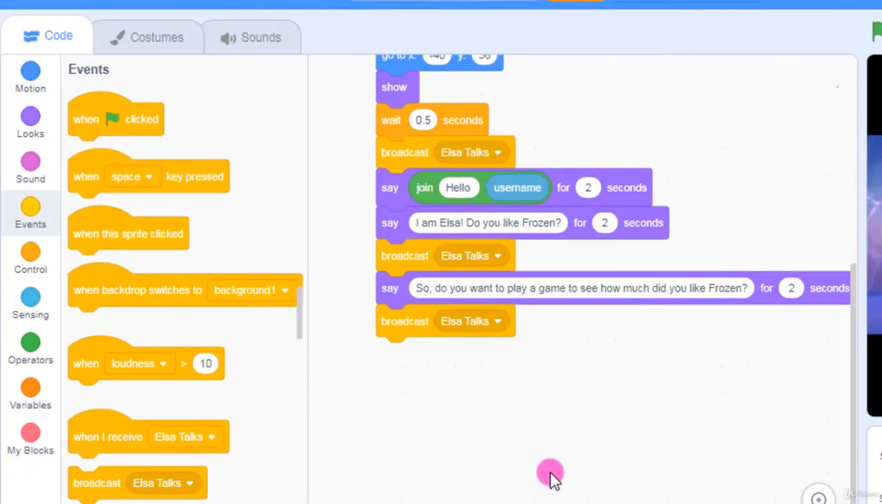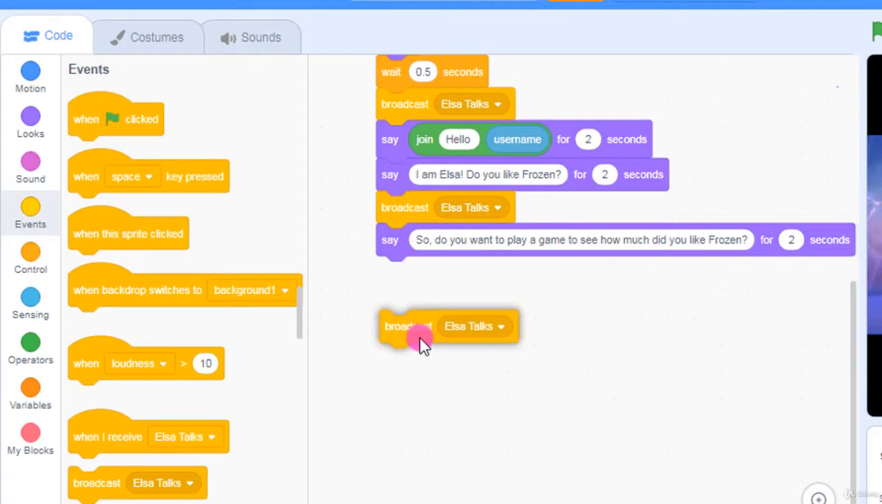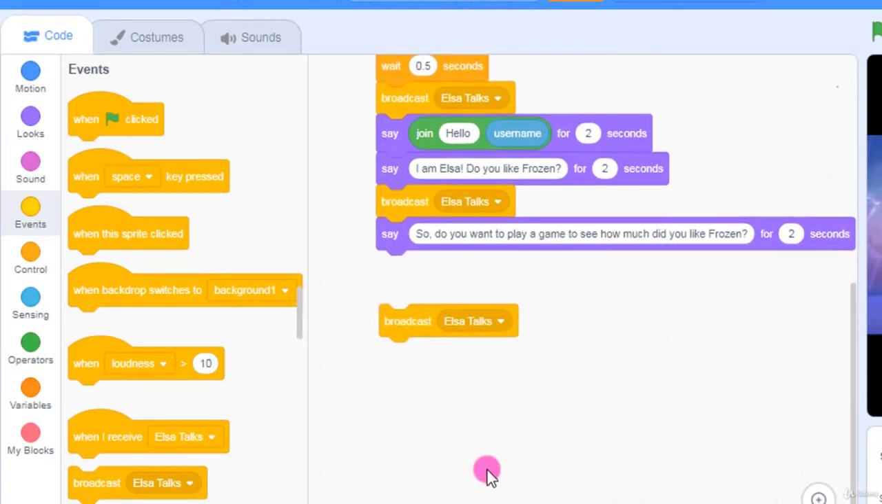And now we will start creating some questions. I will keep it right here. You will see why I don't do this, because we will create some questions for Elsa and we will copy these questions so that we don't have to create all these blocks again. So we will create the first question right here,